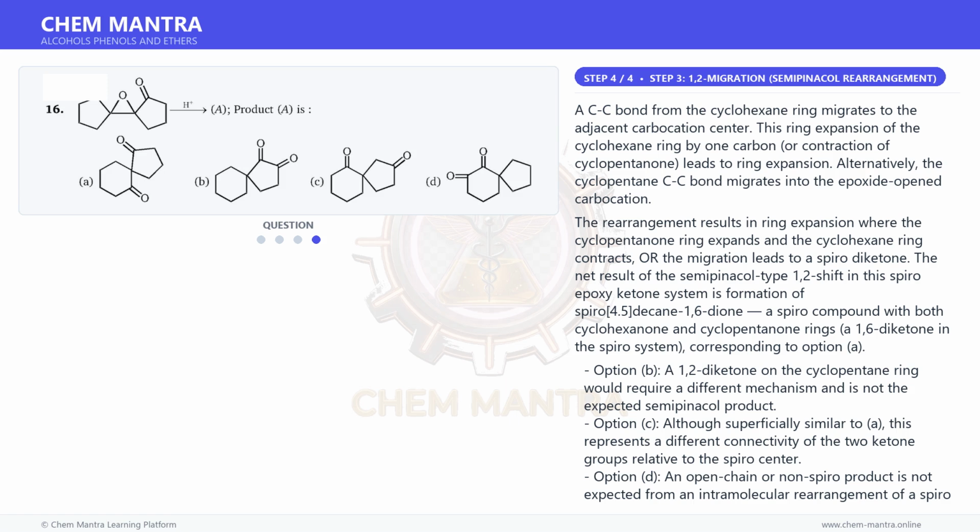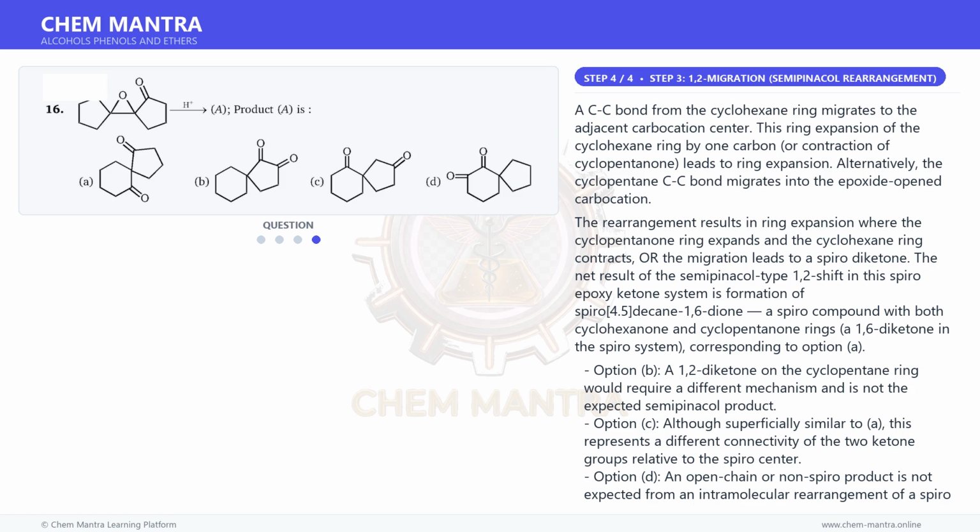This leads to ring expansion of the cyclohexane ring by one carbon, or contraction of cyclopentanone. Alternatively, the cyclopentane C-to-C bond migrates into the epoxide-opened carbocation. The rearrangement results in ring expansion where the cyclopentanone ring expands and the cyclohexane ring contracts, or the migration leads to a spiro diketone. The net result of the semipinacol type 1,2 shift in this spiro-epoxy ketone system is formation of